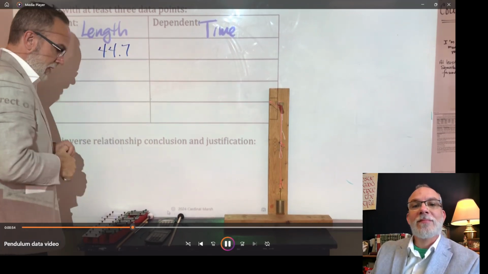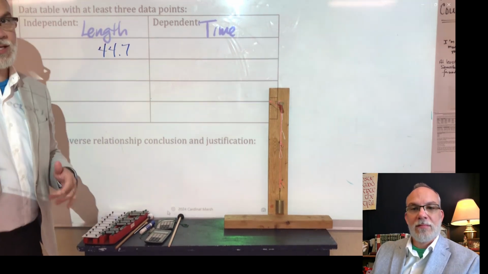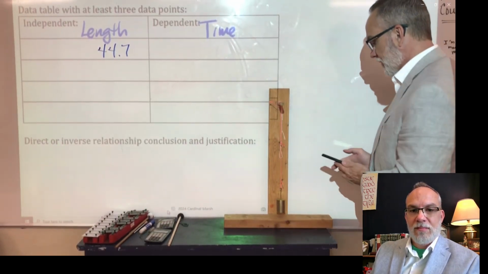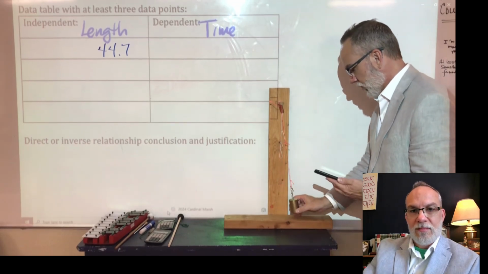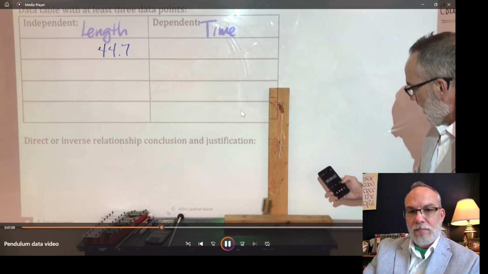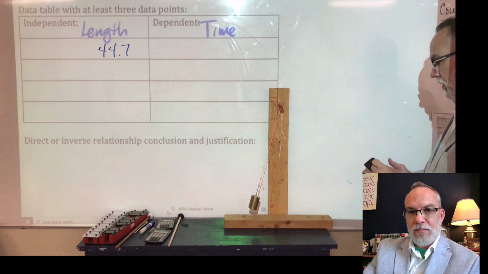44.7 centimeters. Now for the time, we're going to take the time it takes for 10 complete cycles and then divide that by 10 to get the time for one. So I'm going to start the clock. I'm going to wait until it reaches an end. Start. 1,